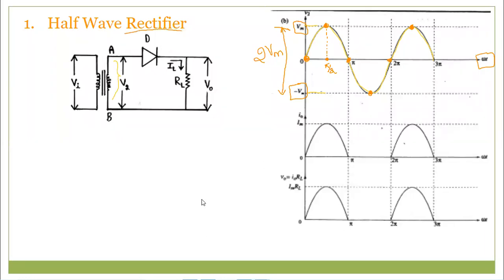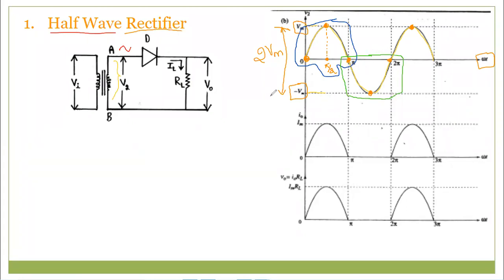So now I am trying to explain the half-wave rectifier. Now we can observe the supply at this point. This waveform is what you are going to get at this point. There is a positive power supply, this portion we call a positive waveform or positive power supply, and the other portion is called the negative power supply.